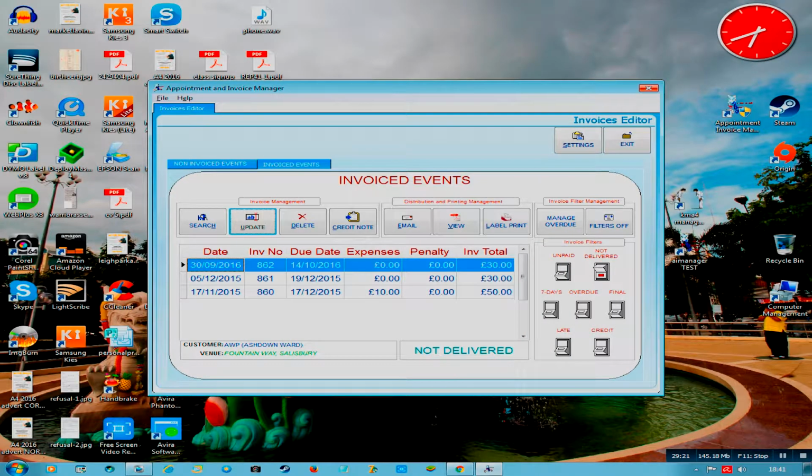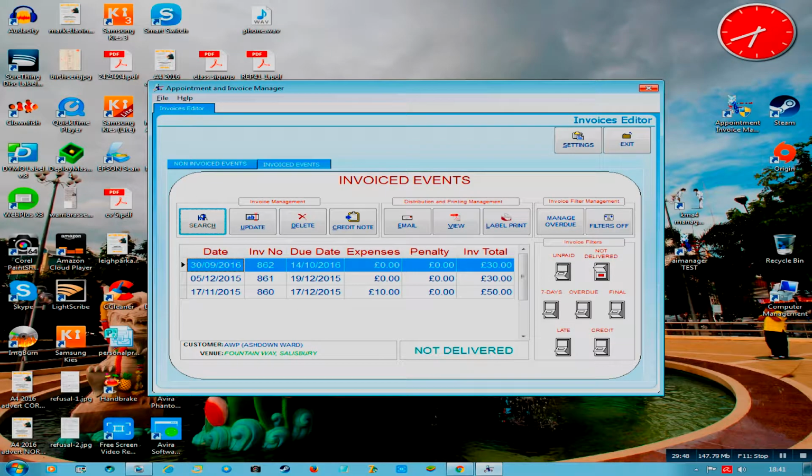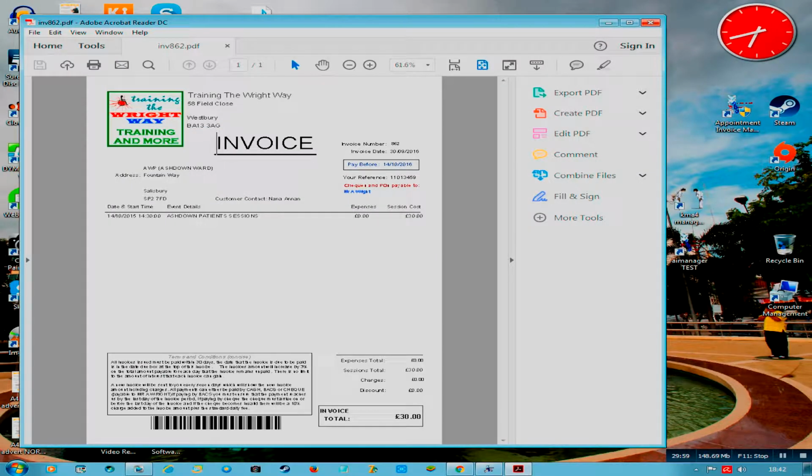So if we go into, if you've got a barcode scanner, or you could type the invoice number, but you can also use a barcode scanner, and there is a barcode on the bottom of the invoice that you can scan it in, and it will find the invoice in the list. So assuming that we've done this invoice, we can have a look at it. All right, and it comes up as a PDF, and you can